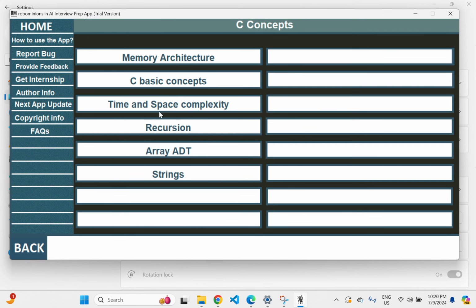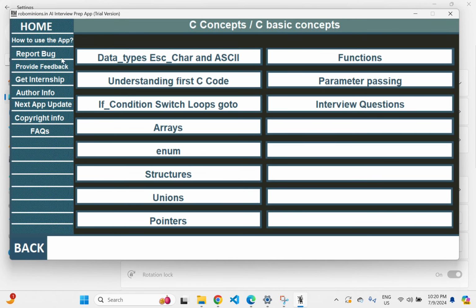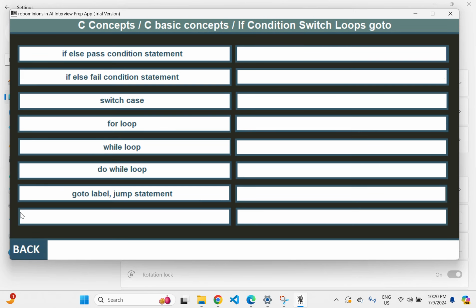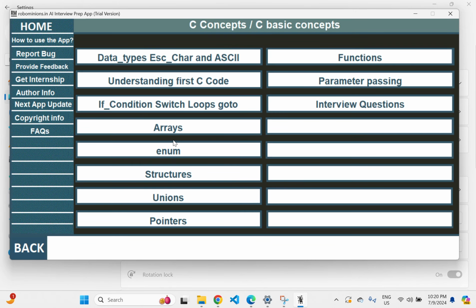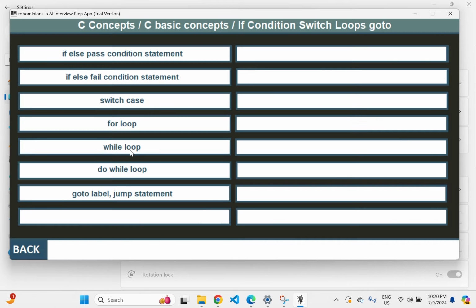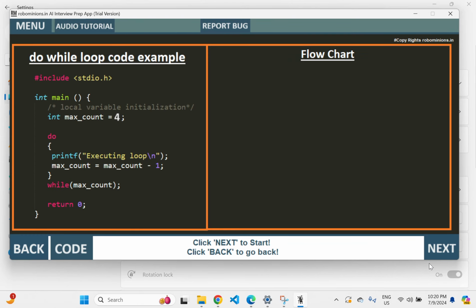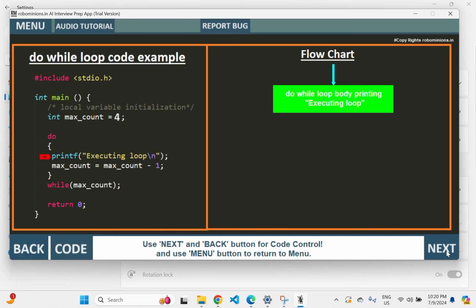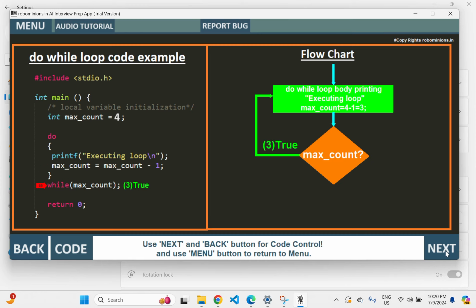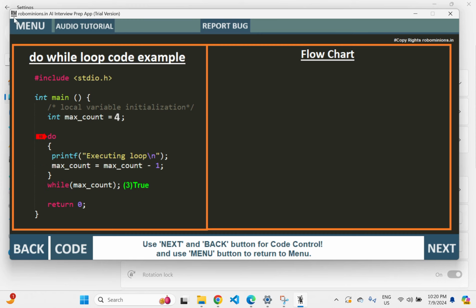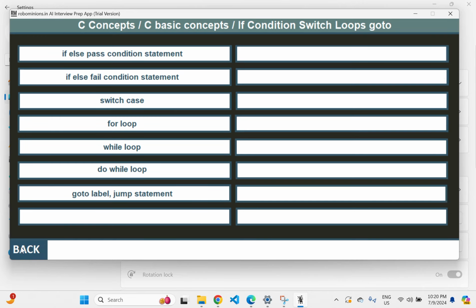For C concepts, we have the C basic concepts all available: loops, goto, switch, everything. Then we have the basic concepts like the flowchart, which you might have learned in your first year of engineering or any computer course. You have the flowchart here, so that comes up. And then you have